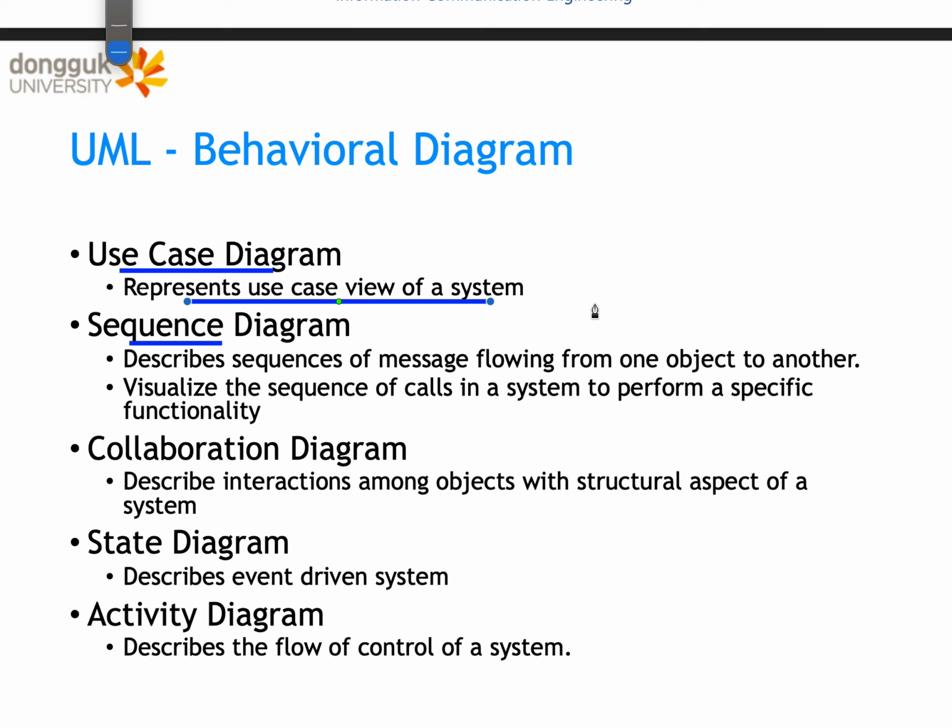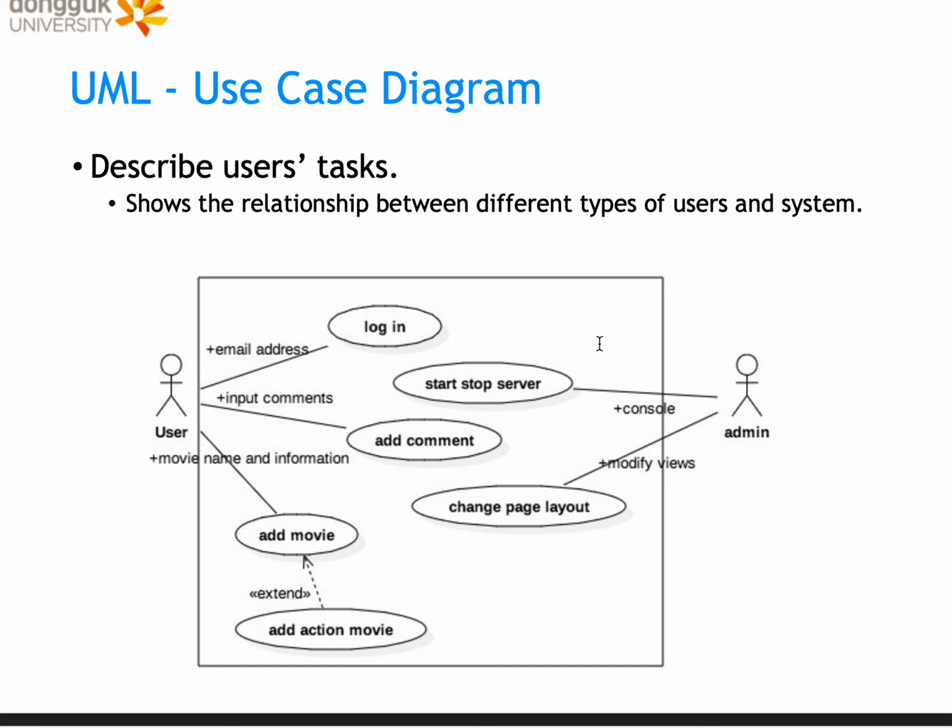And the collaboration diagram describes interaction among classes and objects with the structural aspect of a system. The state diagram describes an event-driven system. The activity diagram describes the flow of control of a system. So this is a use case diagram, and